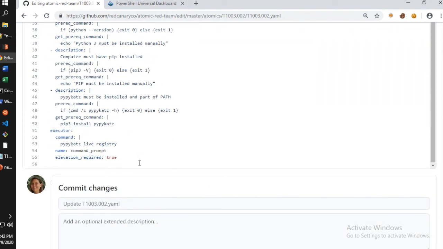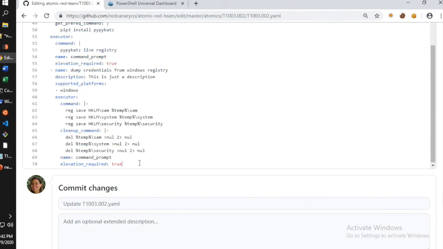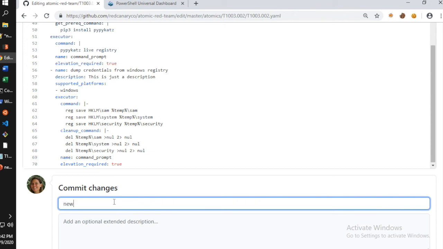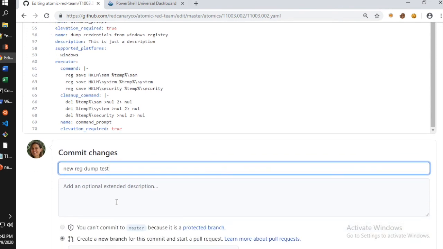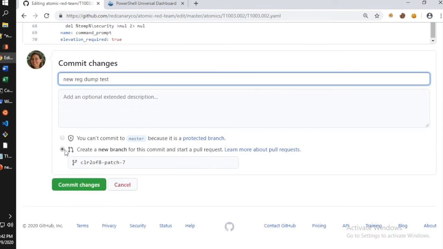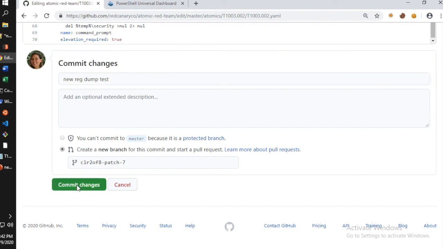and make sure we're starting at the right indentation, and we paste in our test, and then we give it a name like new reg dump test, and we might give it a description, and then we leave the create a new branch option. It's going to put a branch within our own repo so that we can submit a pull request, which is a request for the maintainers to include this change in the Atomic Red Team repo, the official one. So we commit changes,